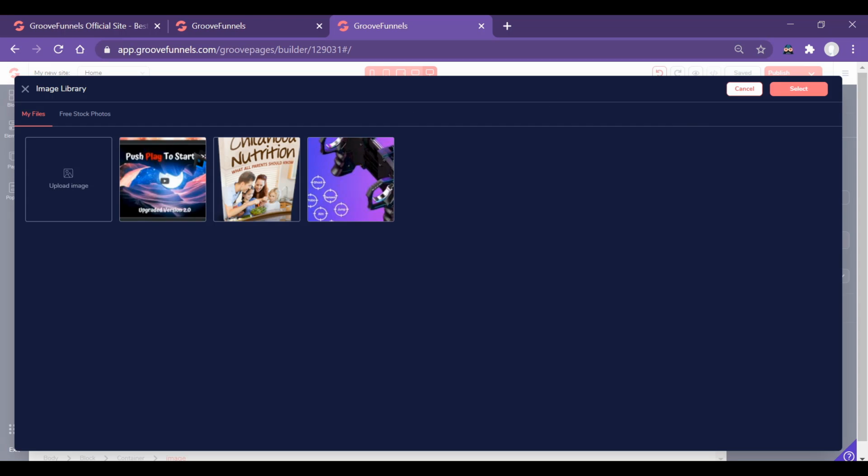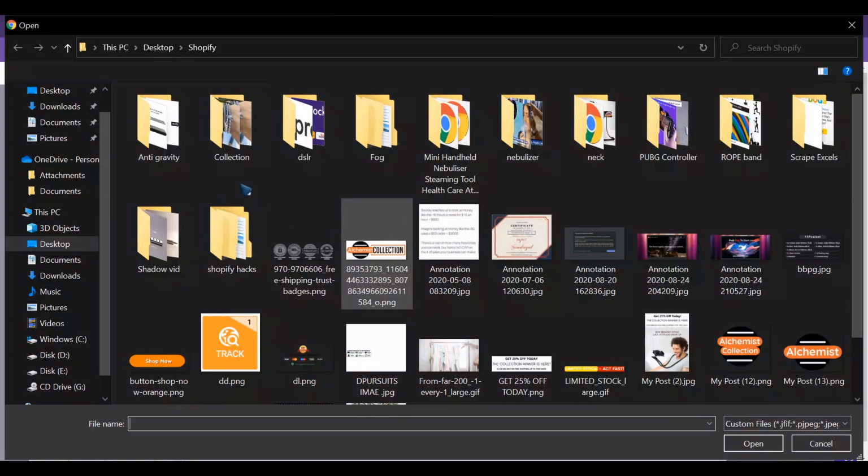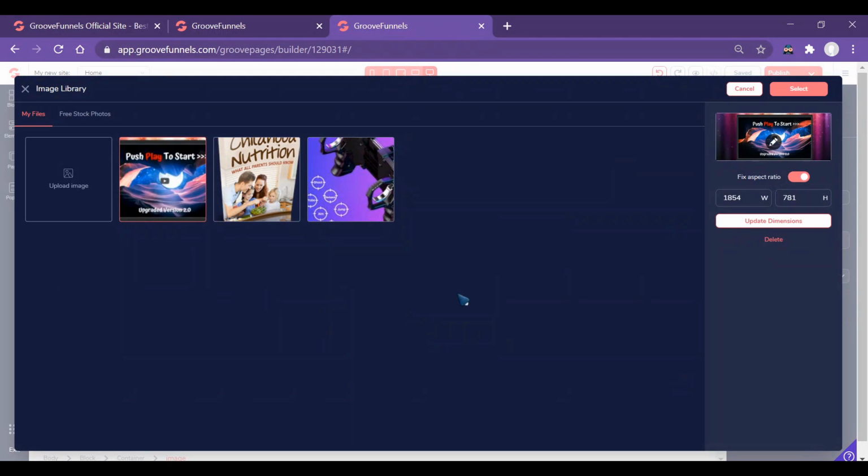So here we're going to select, so it got uploaded. Here we're going to select my previously uploaded photo. You can basically click on upload image, select an image, suppose this one, and click open. It will get uploaded. And remember, it will take a little bit of time, so if it's not uploading right away, don't worry about it. Just wait a second or two and it will get uploaded.